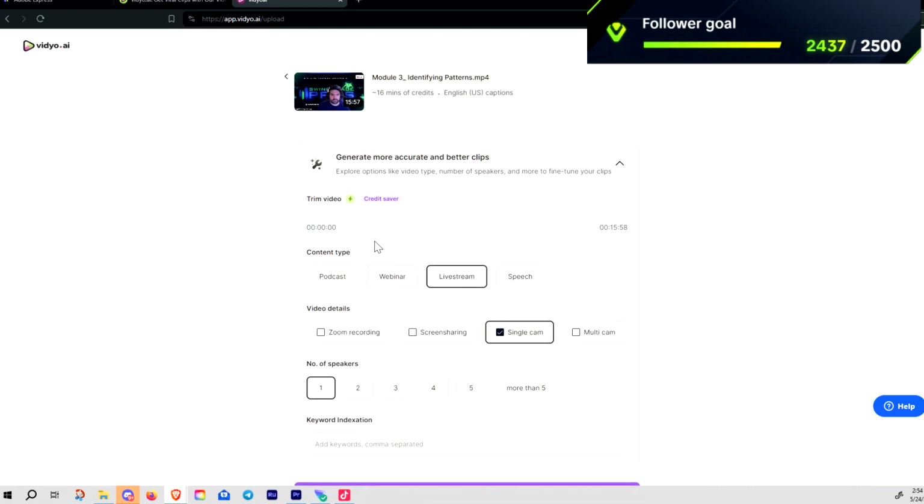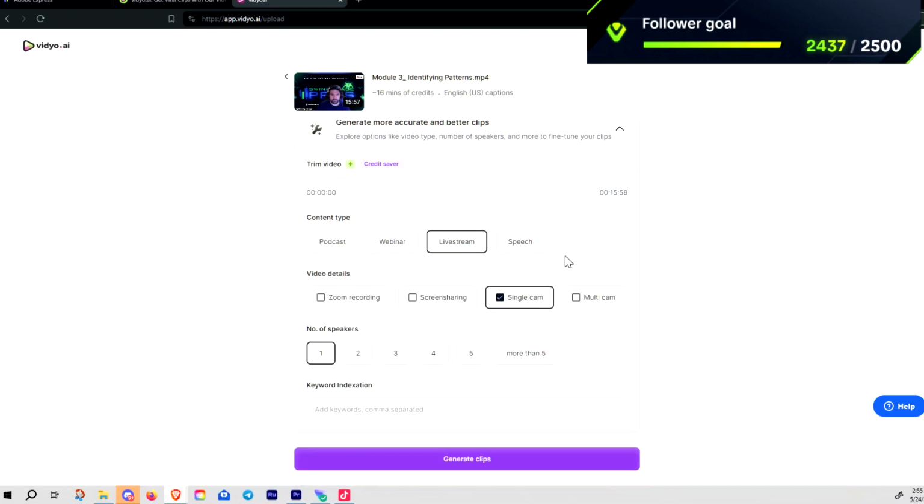And then, so let's see. This one's asking up front, how many clips do I want? So I have the option here to adjust the credits to show how many clips I want to use based on the amount of computing power that it's going to use. So that's kind of interesting. Rather than uploading an hour-long video, it's giving you the option here. So keyword,